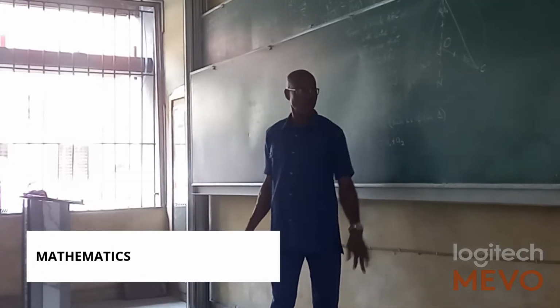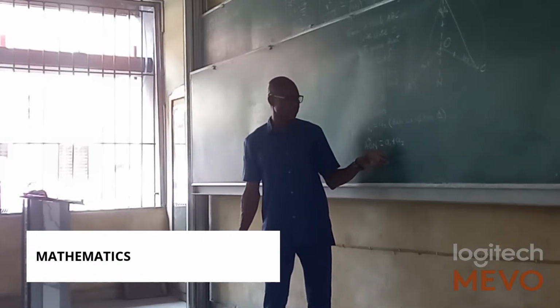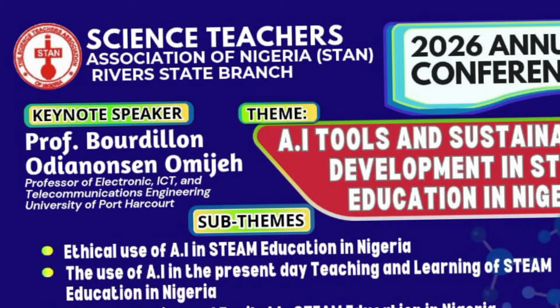This angle is equal to A1 plus A2. Is this true? Why? Exterior angle property of a triangle. So we can easily say that, similarly,